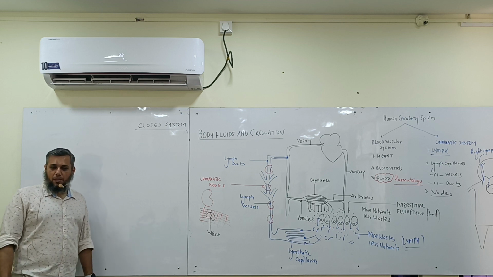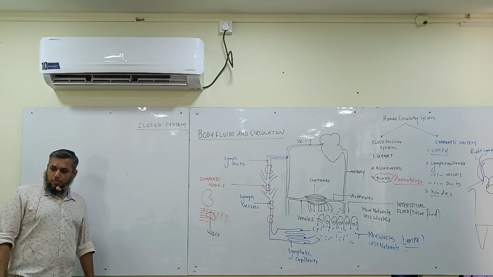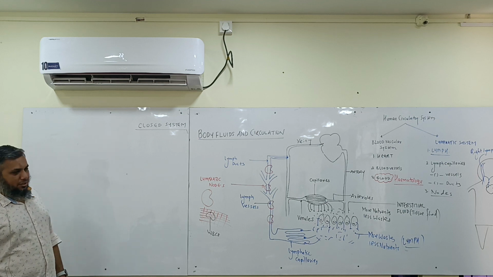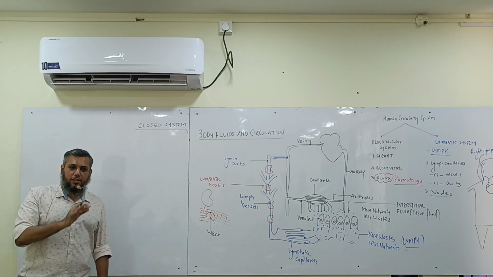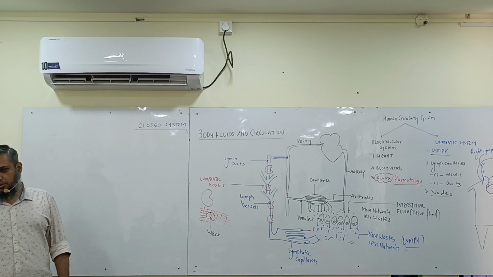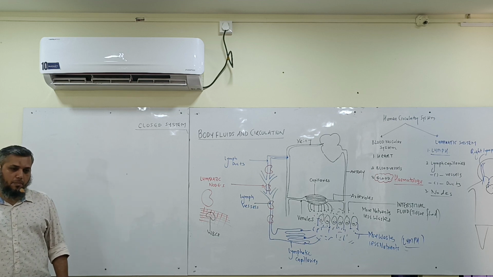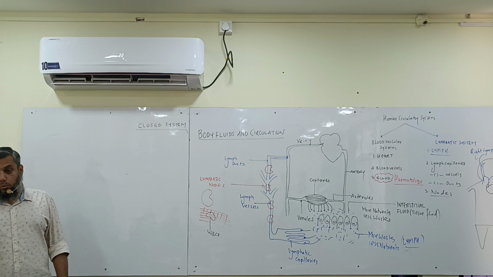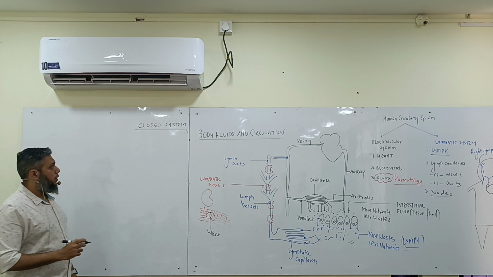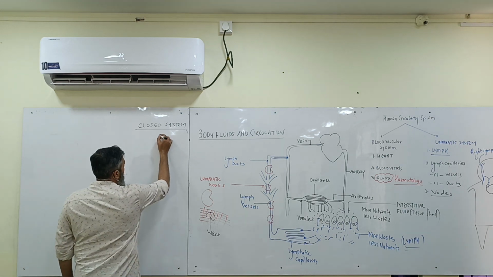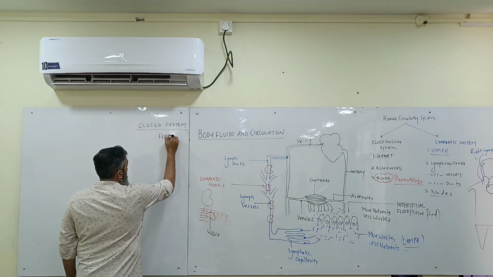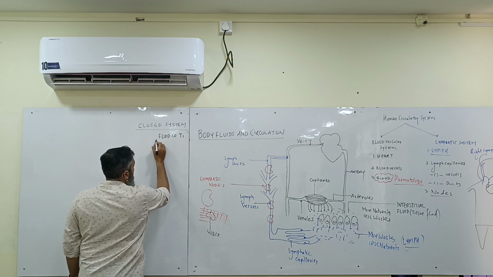So where were we, guys? What is the study of human blood called? How will you define the human blood? I have defined it in your previous chapter. It's a specialized connective tissue. I had said it's a fluid connective tissue. You remember that point? Yes. The human blood is a fluid connective tissue.